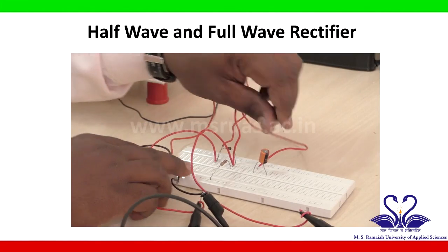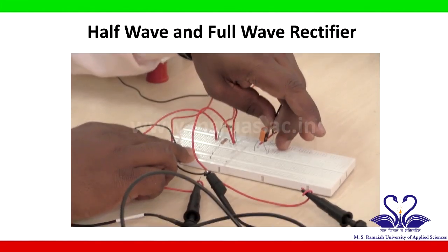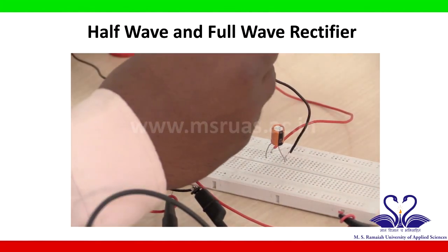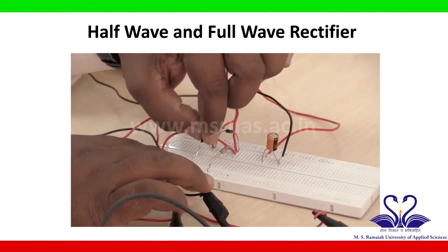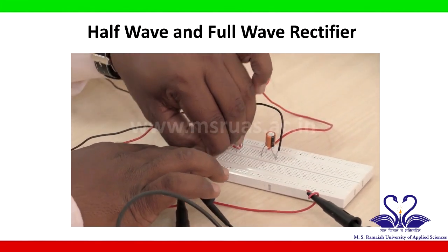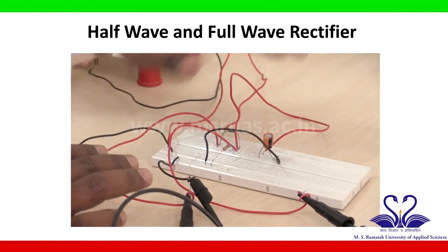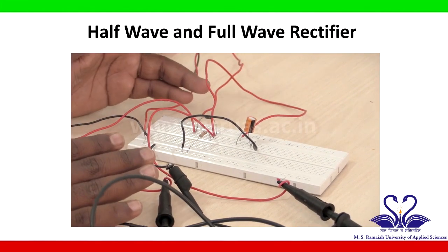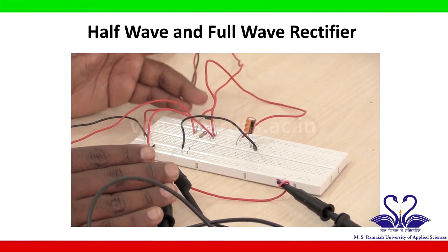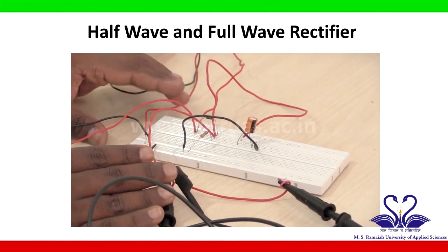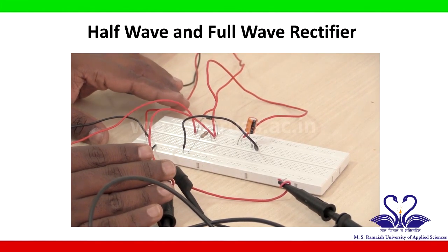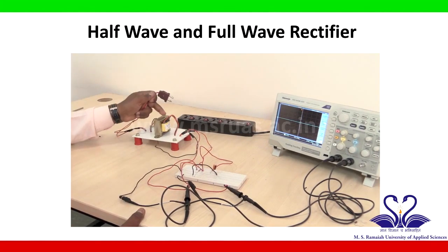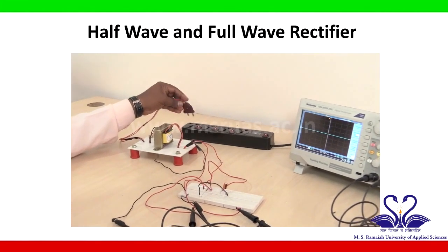I will connect this wire to the negative of the capacitor. This negative of the capacitor is connected to the resistor, and the other end to ground. Simply by connecting a capacitor to this circuit, we have finished the circuit connection for a half wave rectifier with capacitor filter. Now connect the primary of the transformer to a 230 volt AC main supply